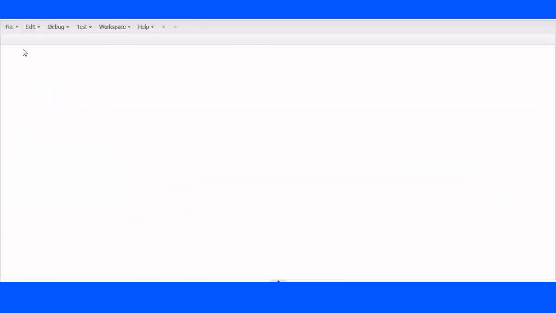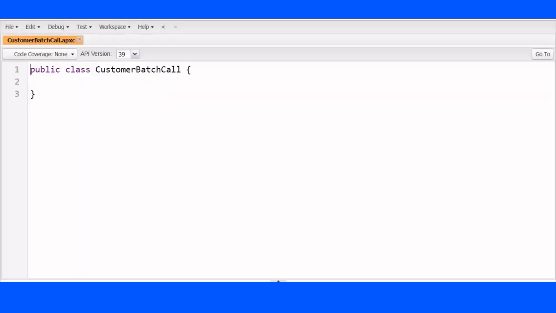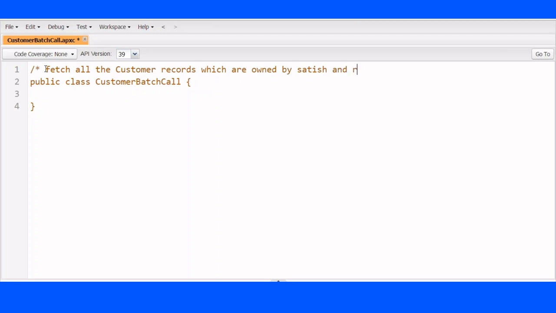I am trying to write my first batch class. Look at my first requirement: fetch all the customer records which are owned by Satish and reassign them to